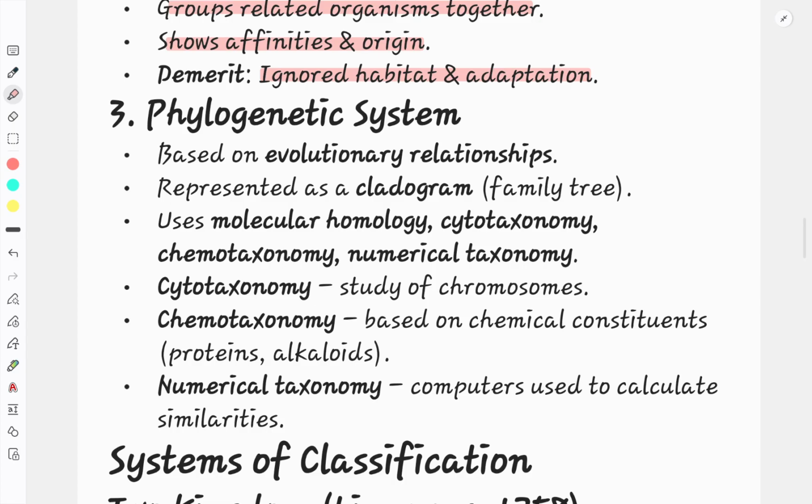The most important is the third system, the phylogenetic system, which was introduced at last. It is the base of our modern classification, based on evolutionary relationships. It means if an organism has to be classified, it has to be classified according to its evolutionary history. For example, if humans were to be classified, they should be closely related to the apes, not any other mammals. Because, as we know,